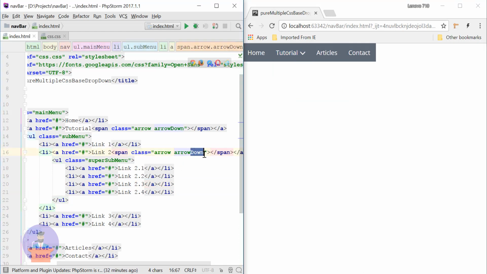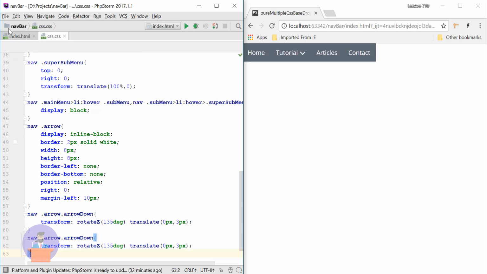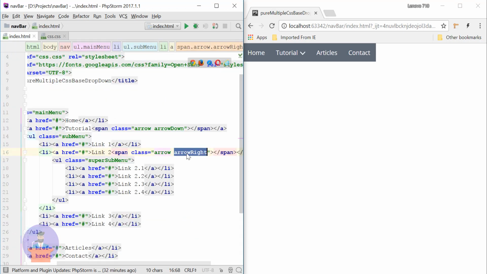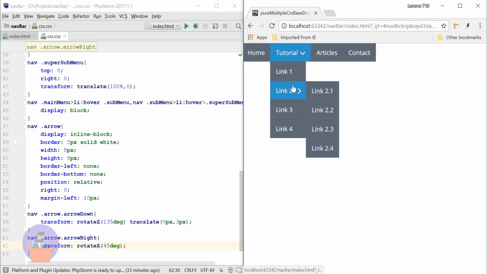So here I will provide the arrow right class, and I will rotate it only 45 degrees. I just copy this previous code and use our new class arrow right, and here I will rotate it 45 degrees. Here we won't use any translate property. So let's just refresh. Okay, I think this is fine.